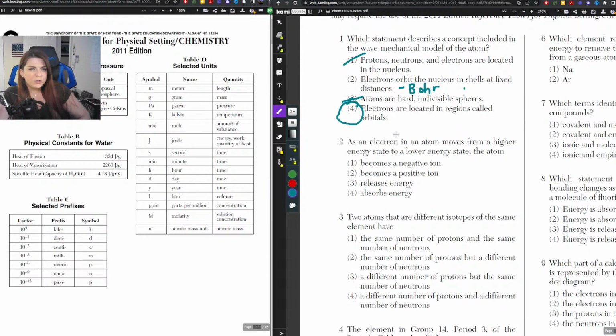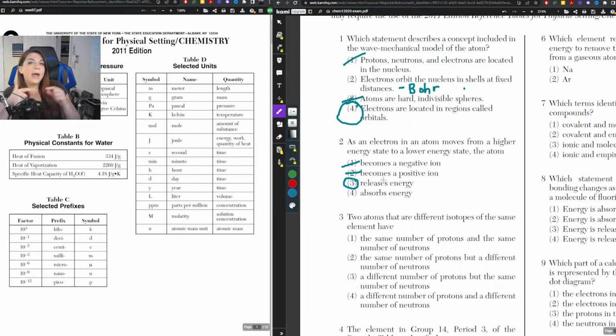Okay. Question 2. As an electron in an atom moves from a higher energy state to a lower energy state, the atom is going to release energy. Becoming an ion would mean that the electron either has to come into an atom or it has to leave an atom. That's the only way. It moving around within does not make it an ion. So those are out. It absorbs energy, and when you heat it up or when you electrocute it, that's the flame test. When that happens, it means that the